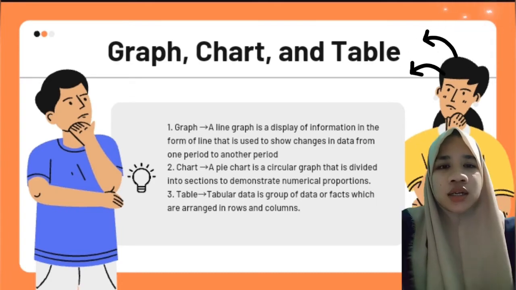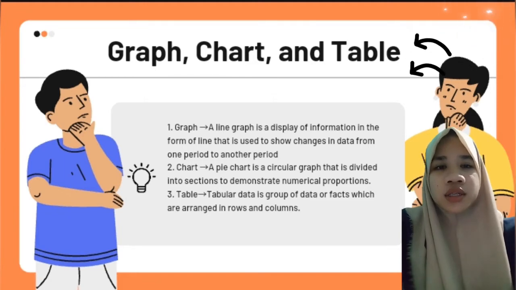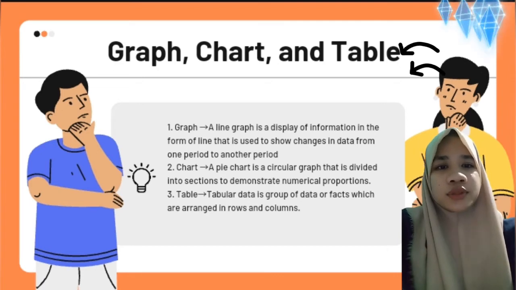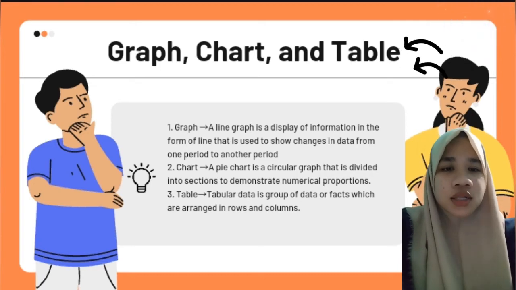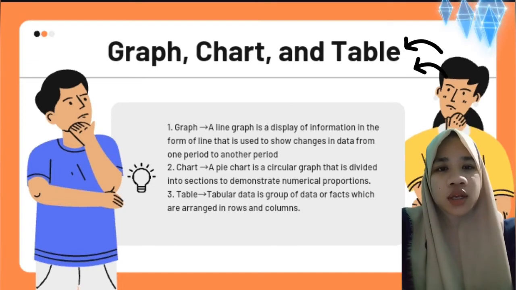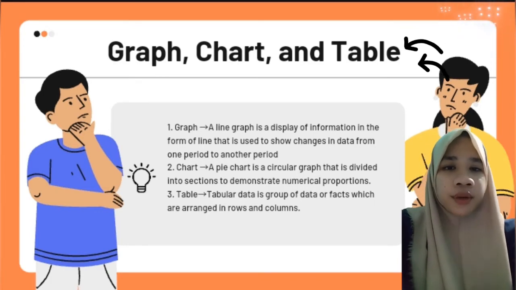In charts there are two types, namely bar chart and pie chart. But I want to tell you about the pie chart. A pie chart is a circular graph that is divided into sections to demonstrate numerical progression. The slices of the pie chart show the quantity or progression of the section it represents. This chart illustrates how much quantity one data element has. The bigger the slice, the more data for the element.